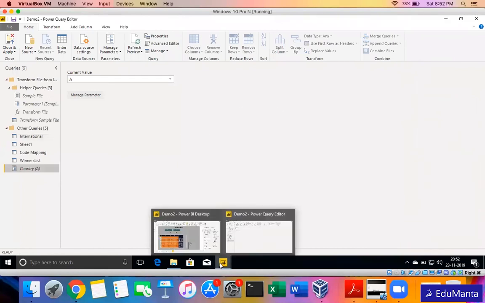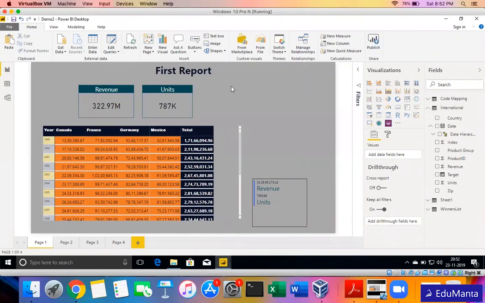That is one thing. Another is the option I showed you of writing a custom SQL in an Oracle database, for example. There also you can put it into quotes and put the parameter name there. In that case, when it's a direct query, you select the parameter and that goes back to the database to fetch the data. So the options are there. It's not that it's not provided. We do have such options.